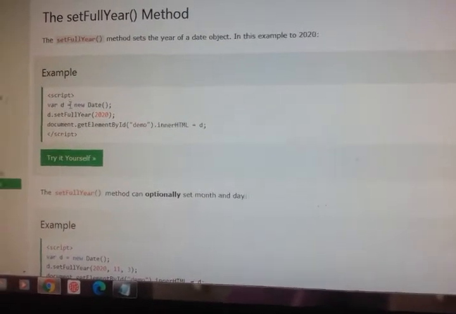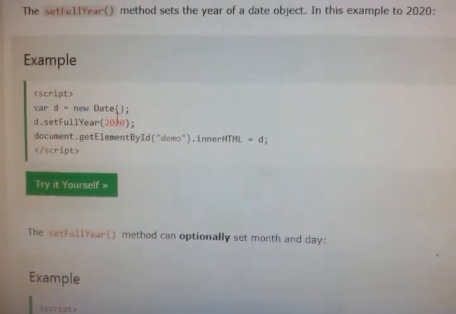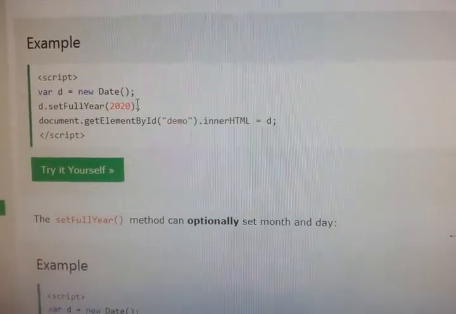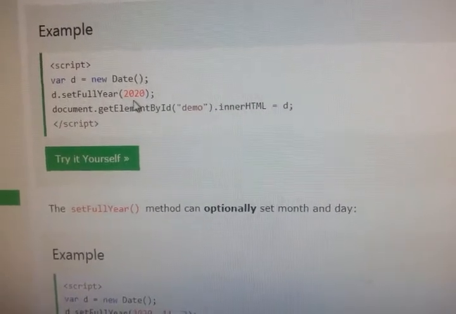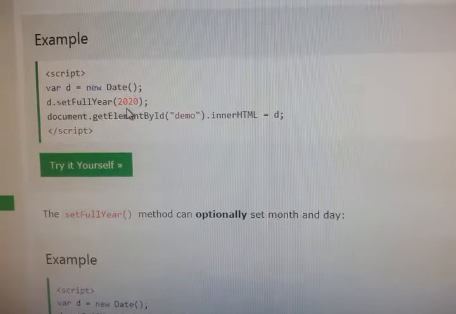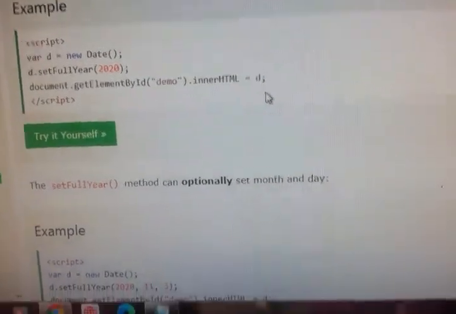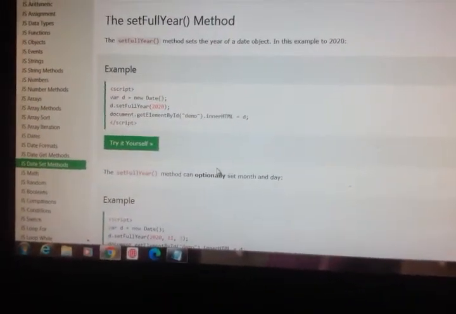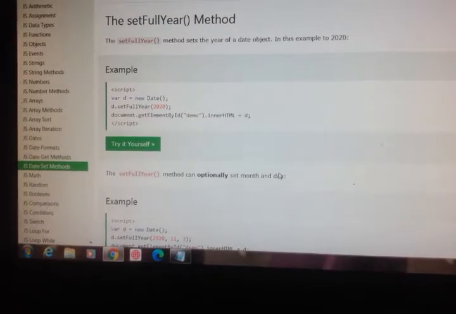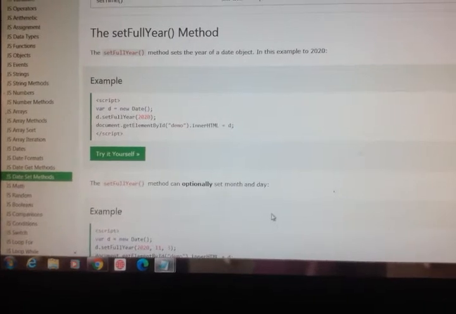The script: variable d is equal to new Date, creating an object of date, d dot set full year, open parenthesis 2020, close parenthesis, semicolon, and then printing that d. We'll see what we get. Let me open our editor, Notepad.